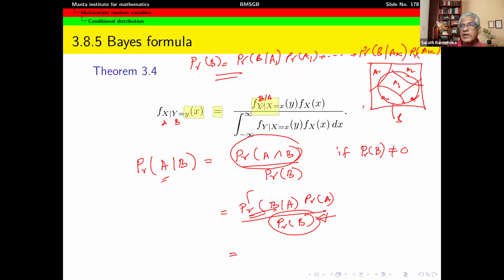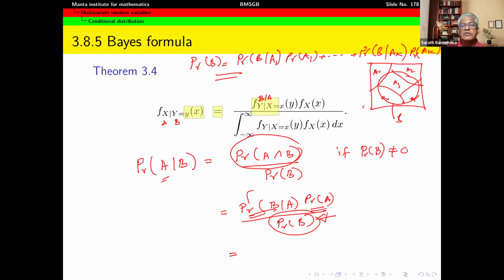B is an event, Y is a random variable, so you cannot say they are equal, but something similar. So the density function of Y given X, evaluated at y, times, like probability of A,